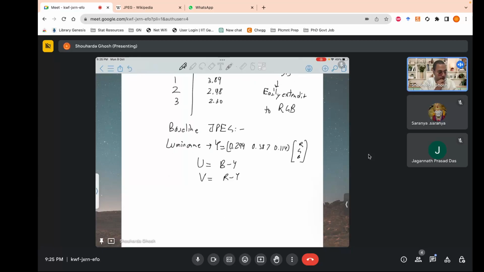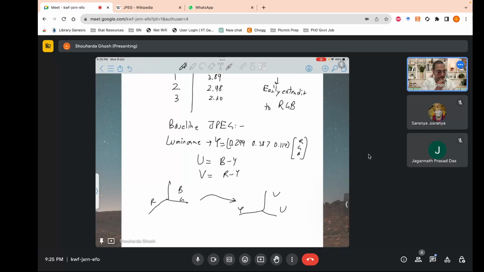So now we have converted RGB into YUV, and you apply DCT independently to Y, U and V using the Q matrix. Okay, and an important thing is that